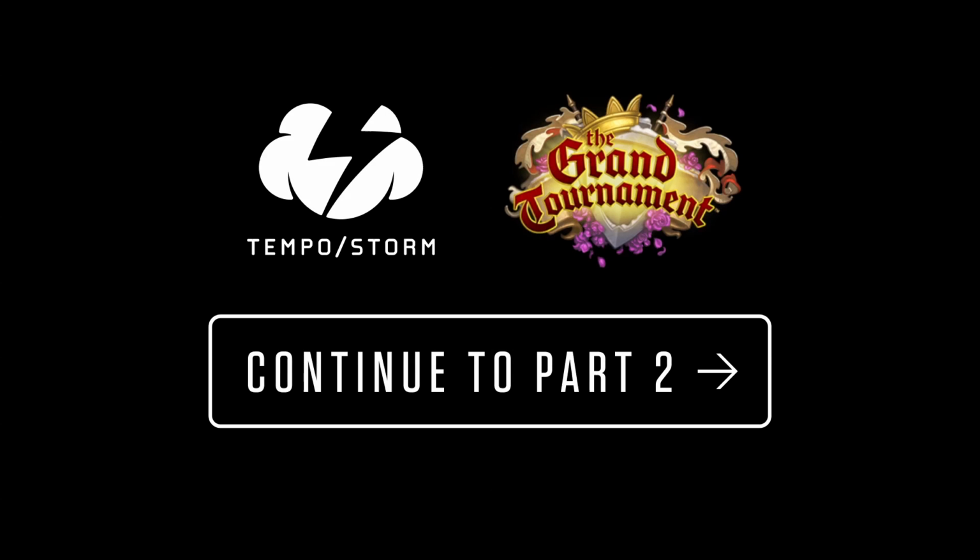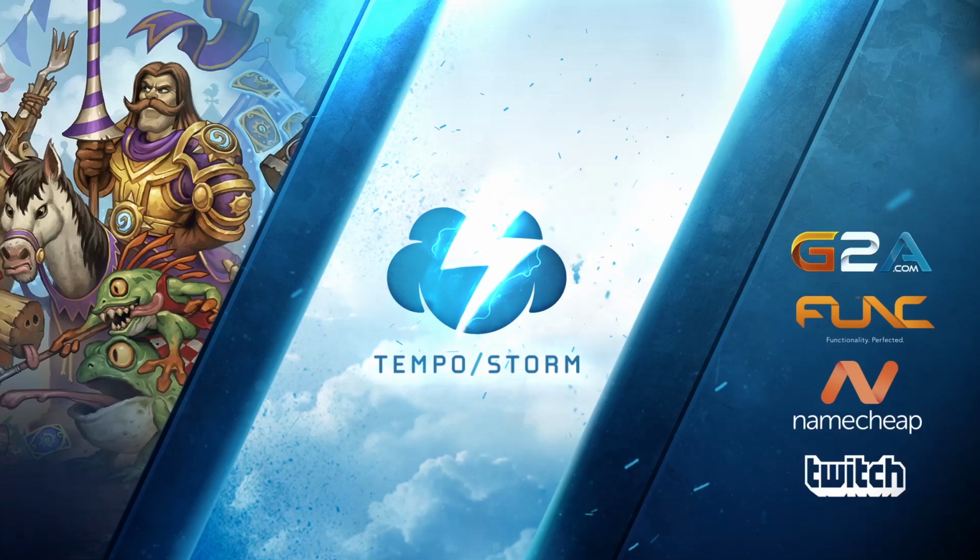And moving on to neutral, we got a Coliseum Manager, 3-mana 2/5, Inspire, return it to your hand. It's an interesting effect. Maybe once more cards get revealed,